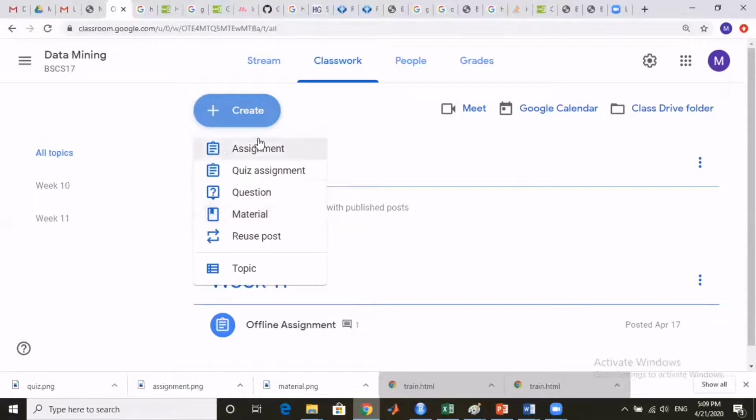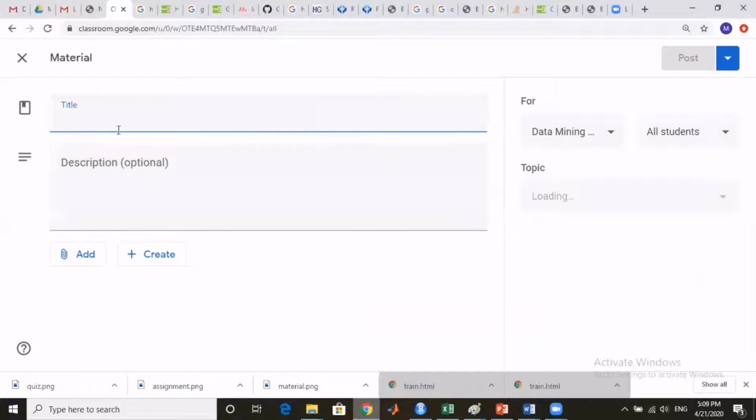Now for adding the material, I will again click on the create button, and I will click on the material. A pop-up window will be opened, which will contain the material interface. Here you have to mention the title of the material. This is a mandatory field. Unless you mention the title of the material, the post button will be disabled here. Now I will mention the title here as lecture 10,